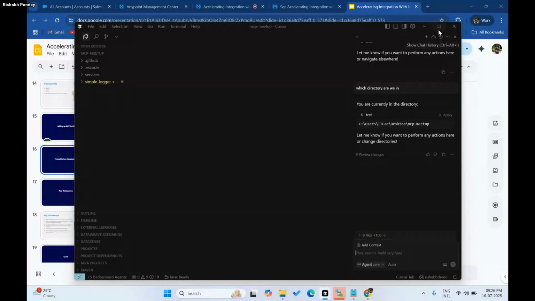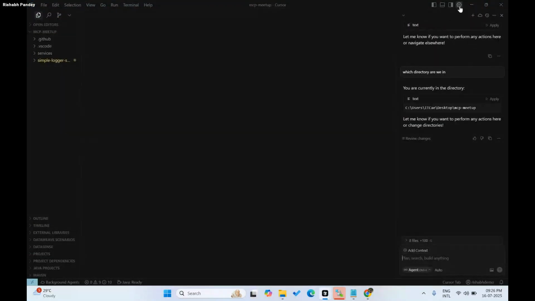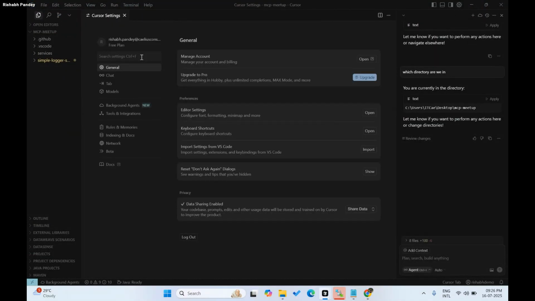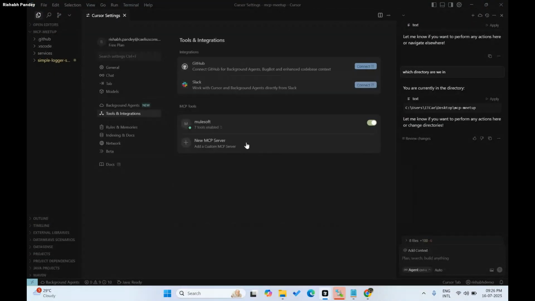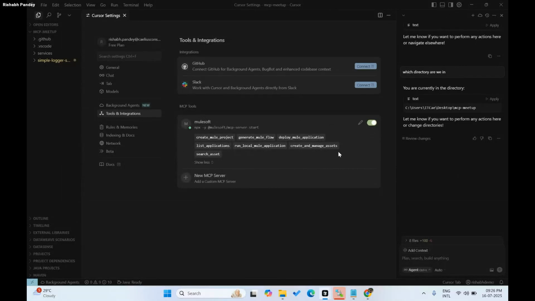Yep. So I have my Cursor set up with all the extensions and the MCP tools enabled. I see these tools are pretty much similar to the MuleSoft lifecycle. I have also logged into my Anypoint platform using the ACB extension. So what I'll try to do is test out these tools which are available from the MCP server. We'll just create a simple Mule application